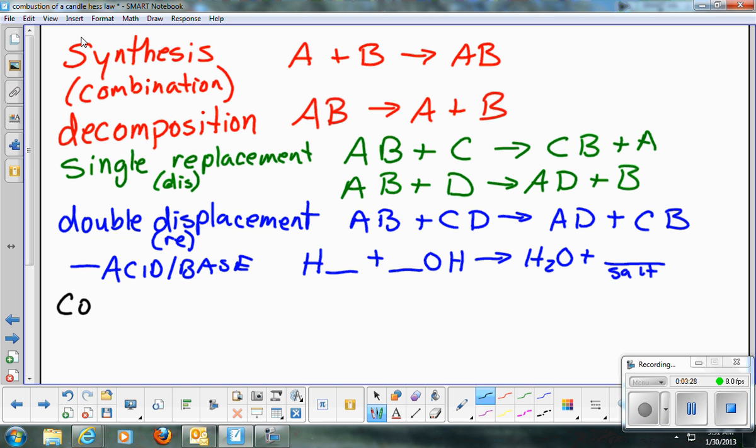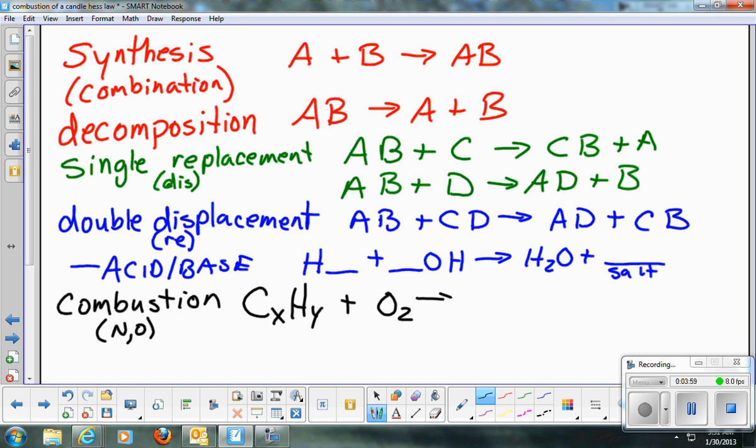The last type is called combustion. This is one of the most favorite of all high school students because you get to blow things up, catch things on fire. Combustion. Okay, so combustion is some amount of carbon, some amount of hydrogen. Also in this, I'm going to put over here, you could have nitrogen and you could have oxygen. Okay, but you don't have to as part of this. And you're going to have oxygen because you need something to combust,